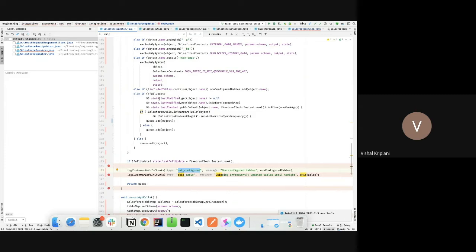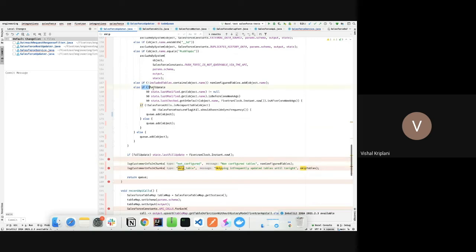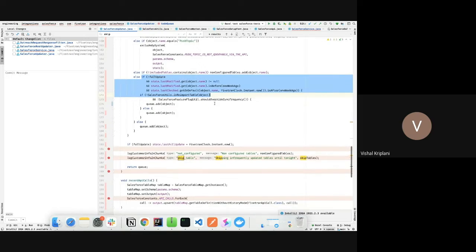Now come to the next condition. This is a very big condition. It checks for the infrequently updated tables. There can be some tables that might not update very frequently, so we consider those tables as infrequently updated tables, and we sync those tables every week.